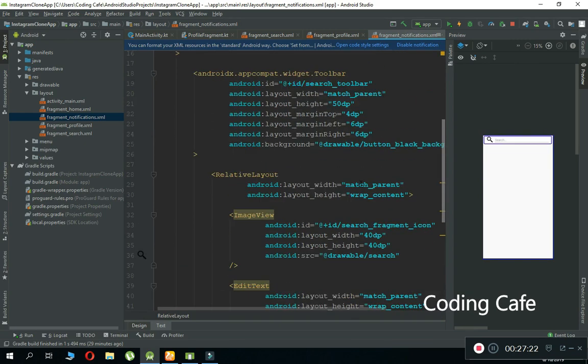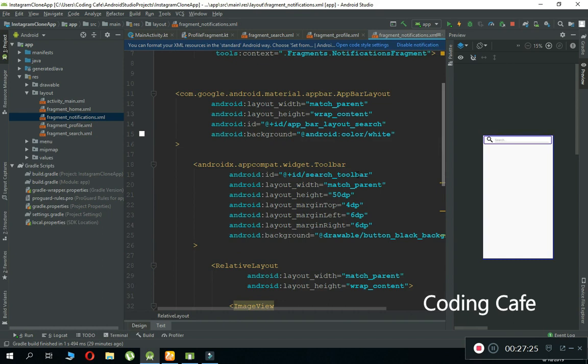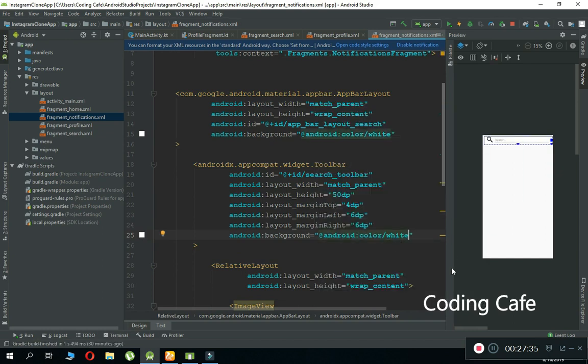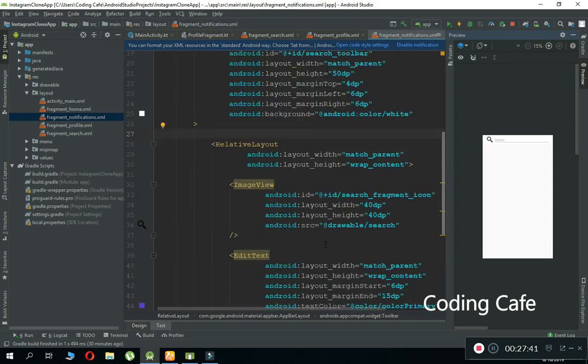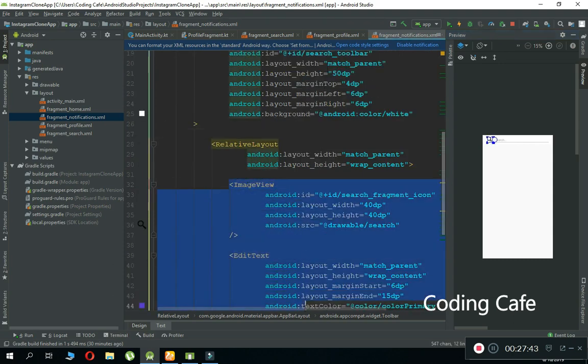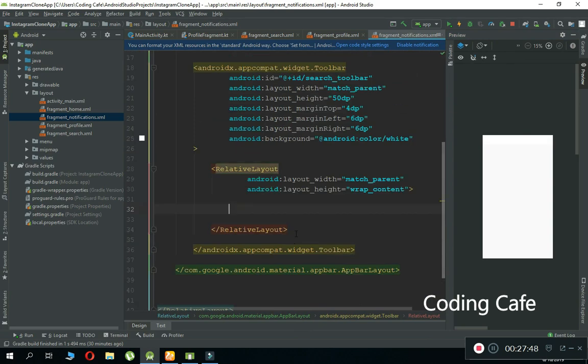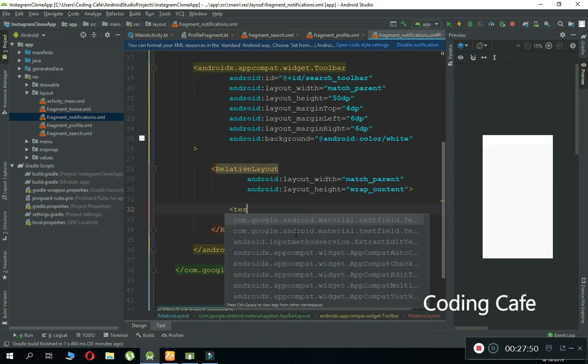Now here, first of all, what we're going to do is to remove this background, and we can say Android color white, and then we do not need this search thing. What we need is just text view. So let's just remove this edit text and image view from here, and then we can say text view